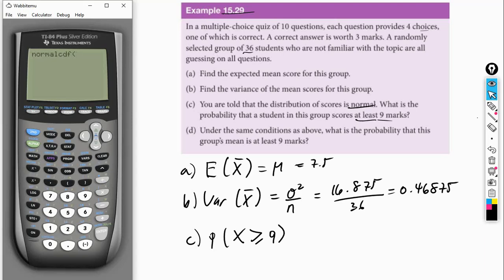So remember that for these functions, the first thing we need to do is put in the lower bound. So the lower bound here is 9, then a comma. The upper bound would be 30 because that's the maximum amount of points that are possible. Then we have the mean, which is 7.5,